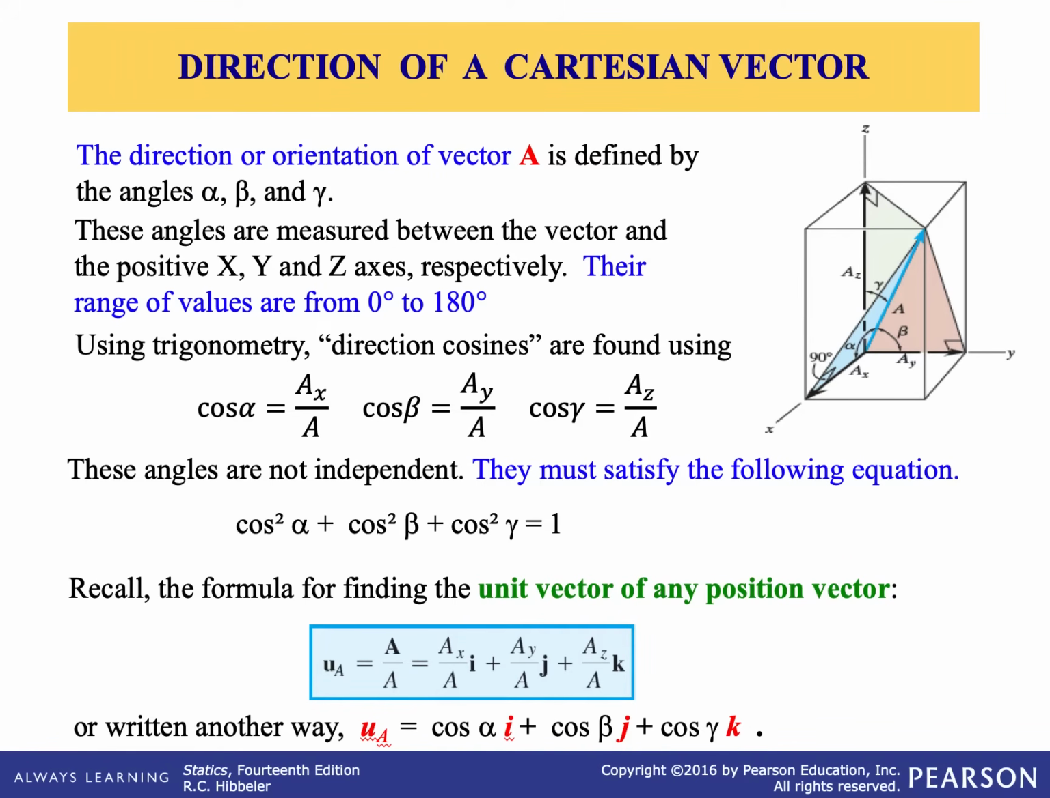They're measured between the vector and the x, y, and z positive axes, and they range from 0 to 180. If we use trigonometry, there is a formula to calculate them. So cosine alpha is going to be, remember that the vector A is represented as axi plus ayj plus